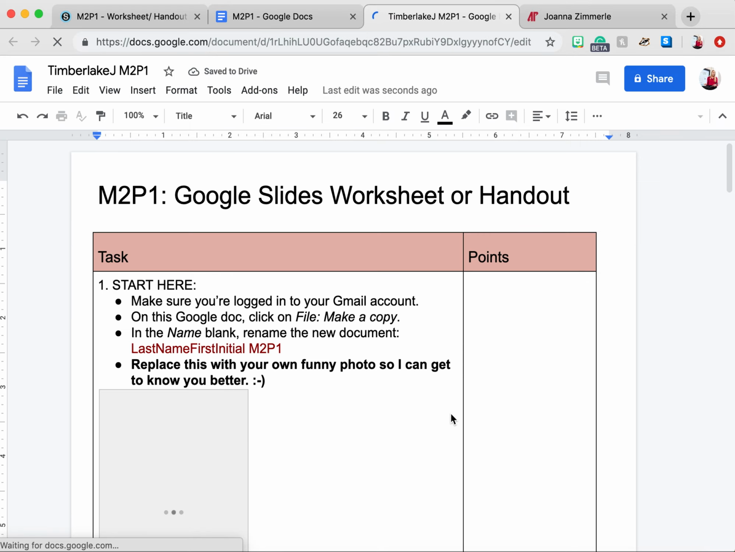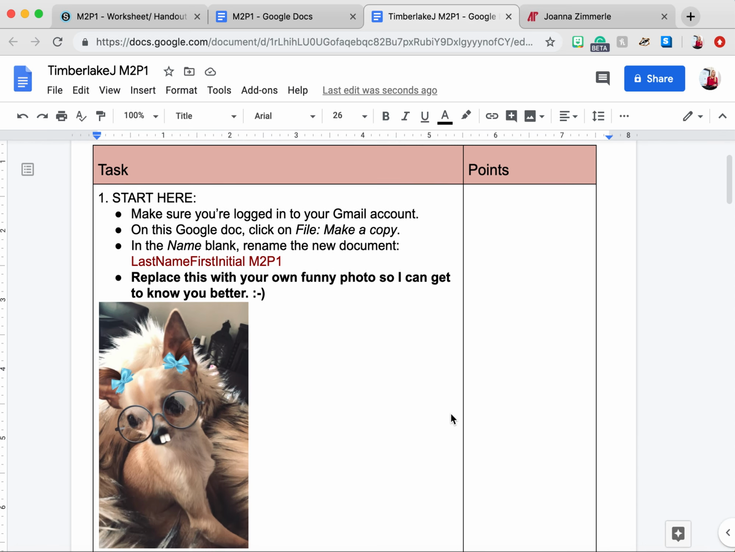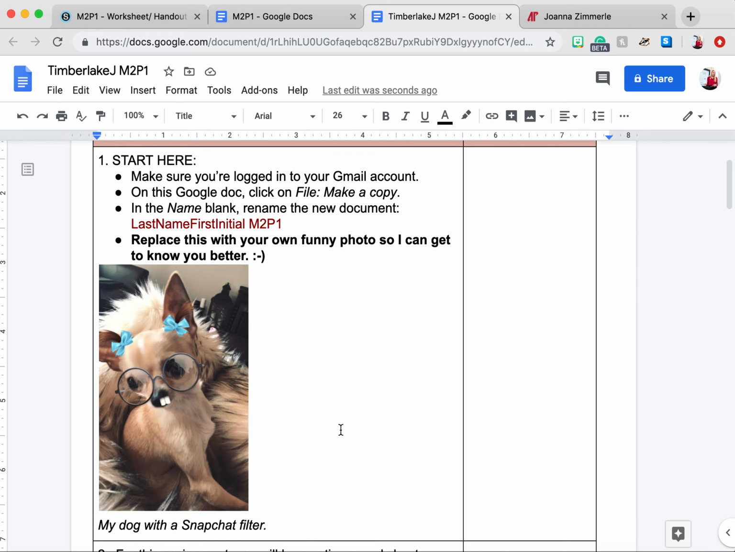Once you've made a copy of this document, the next task is ungraded, but it's meant to be a fun way for us to get to know each other. If you are short on time, however, you can skip over this part. To replace my picture with yours,